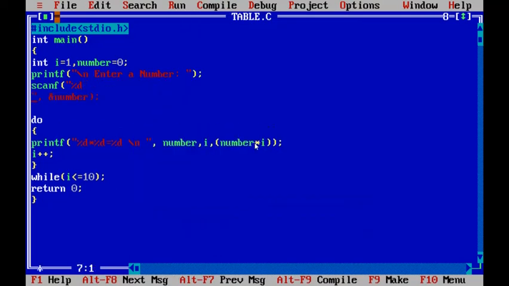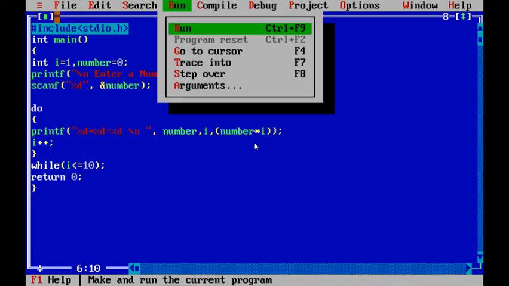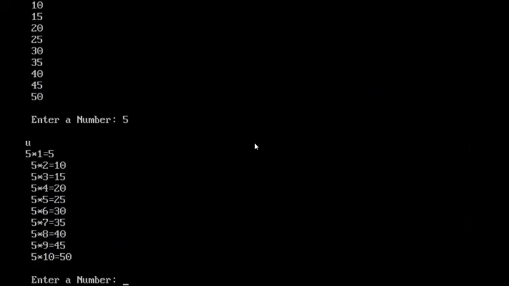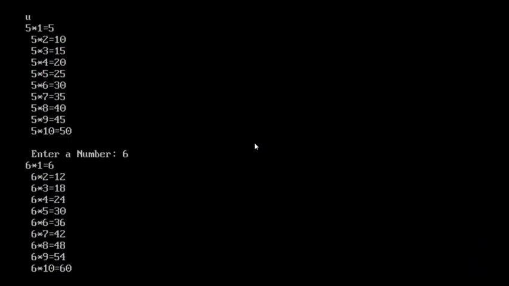Compile, Alt R, run, enter a number 6, Alt W, 6. Yes, this is the program.